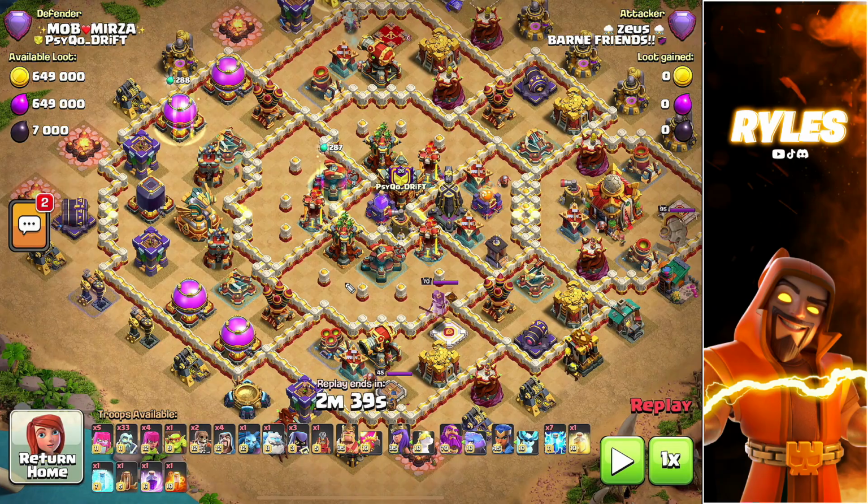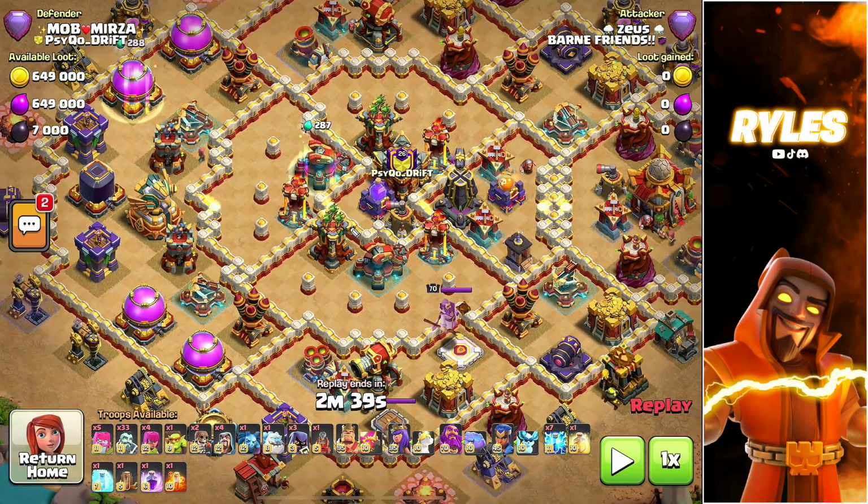So on this base, as I said, you can zap a lot of buildings here in the core: the Rage Tower, the Scatter, the Multi-Archer Tower, and the Multi-Inferno Tower. And after that you have cleared like 50% of the core already, or maybe a little bit less. But after that,